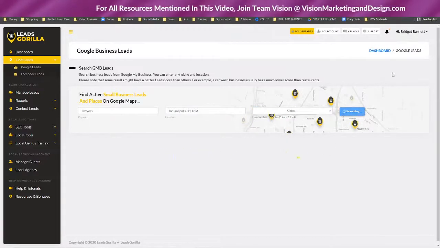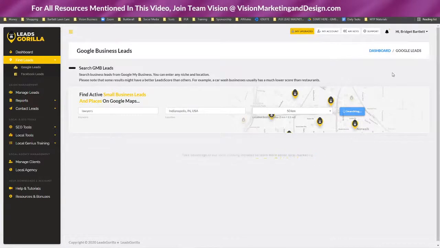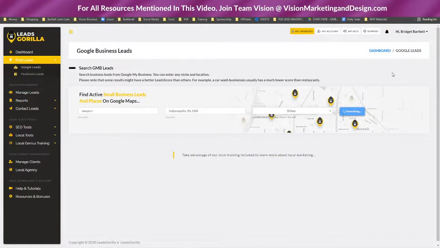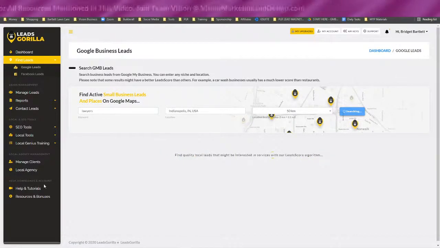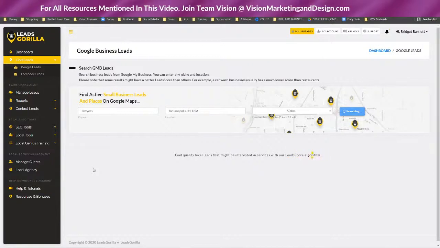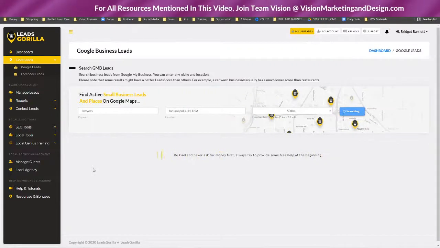Now, when this is searching, it does use your Google API. Most of the time, you don't need to worry about ever going over, because when you create an account, and there's instructions here to walk you through that process, they give you, I think, $150 or $300 in credits. And as long as you're not spamming people, you're never going to really need to re-up those credits.